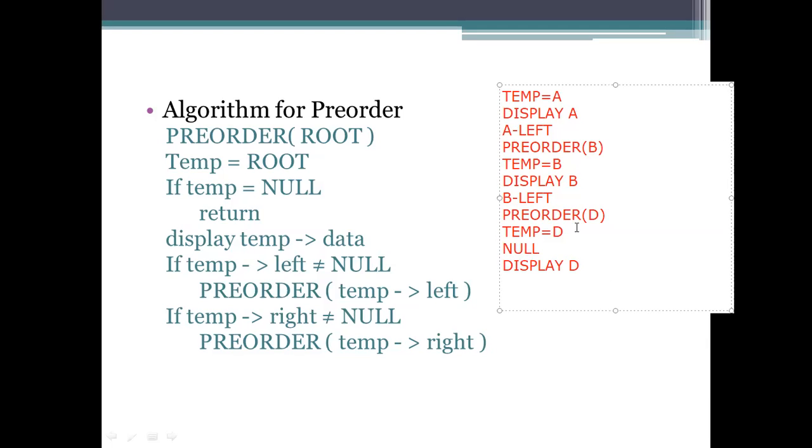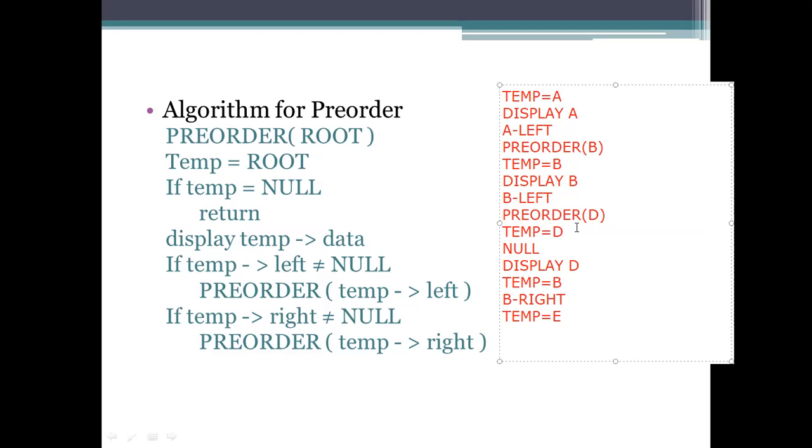It will be reset. Now what is the temp here? It has failed. Then the temp value should be B here. Not only it will go for the one step before, not completely back forth. Temp D. Now it should go for the left side or the right side? So it should go for the right side. So right of which one? B. B right. Okay. Then now the temp value here is, I think, E.